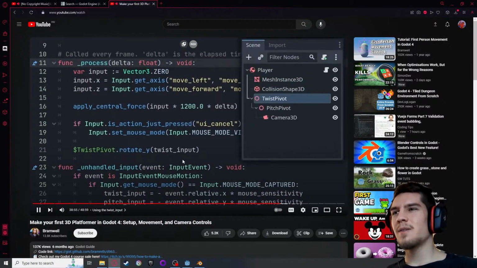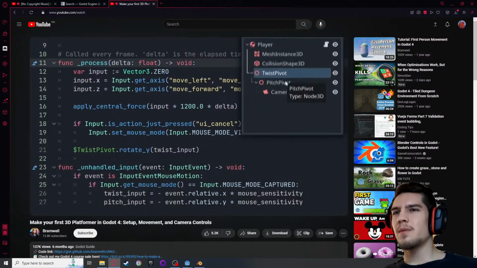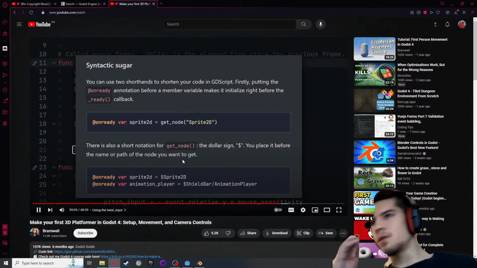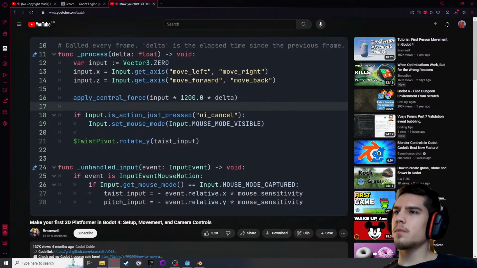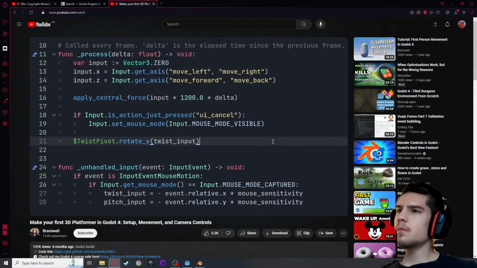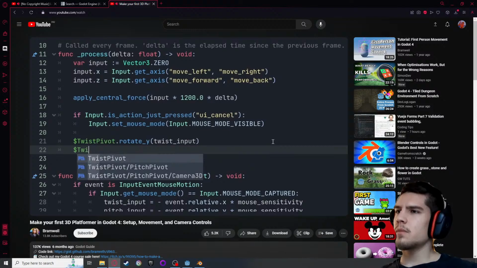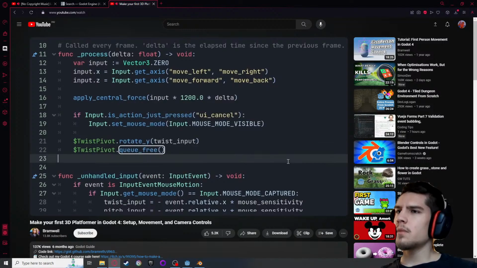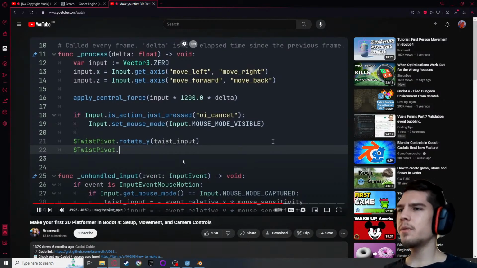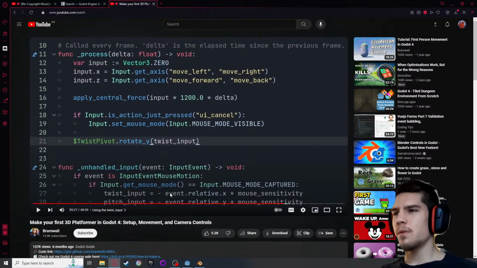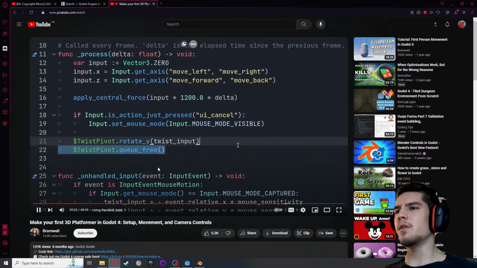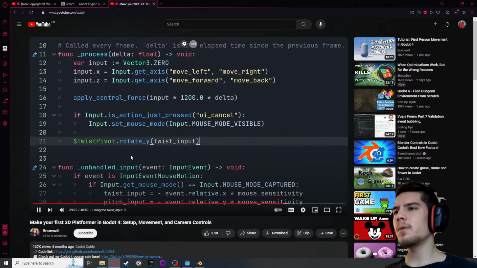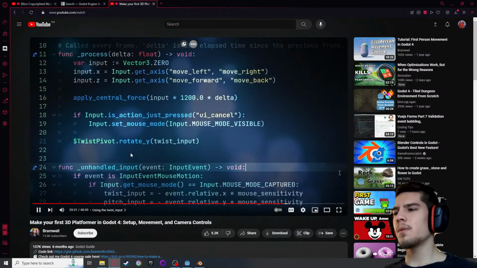Ensure it's named correctly. Your scene tree should look like mine does. Our player script has a child node called twist pivot, so the dollar symbol lets us access that node with the given name. When you have access to a node like this, you can do many things. Save it to a variable, access its properties, call its functions, like queue free to delete it. 3D nodes have functions for altering their transform property. We are going to use those rotate functions to rotate our camera